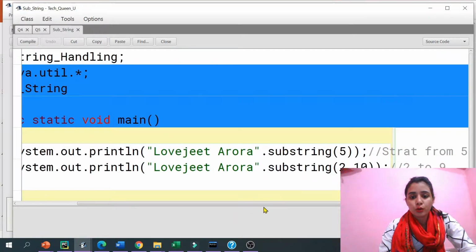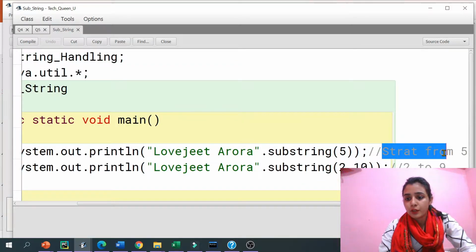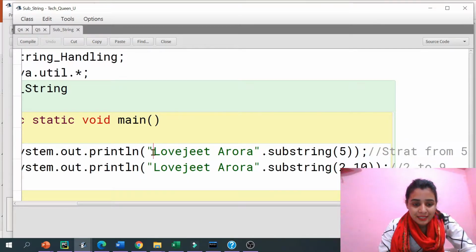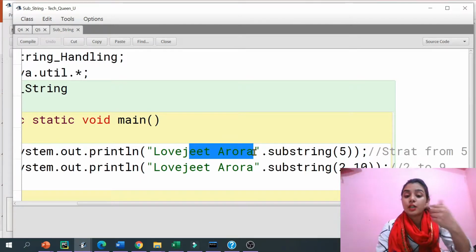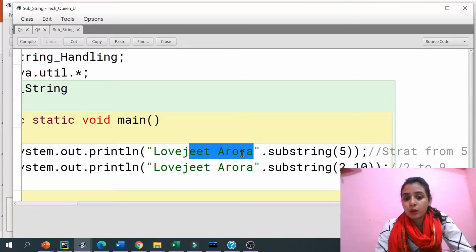If I write 5, it will start from the 5th index, 0 1 2 3 4 5, and that will be included. It will go from the 5th index till the end, so we will find "ee t" and space Aurora.